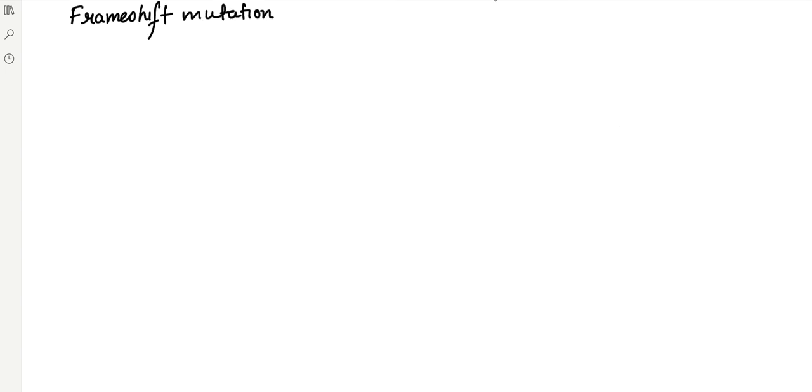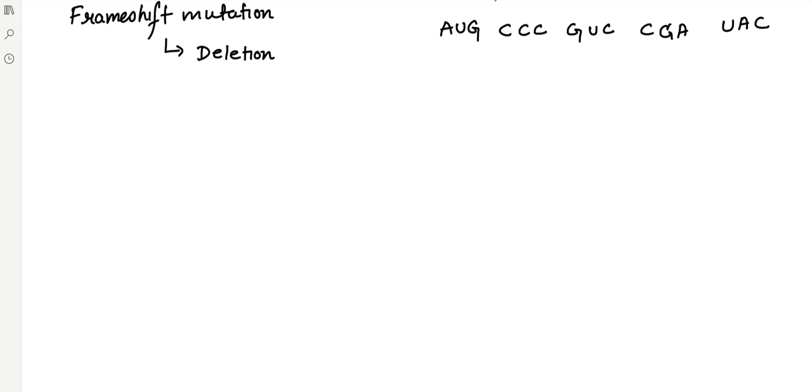Now see, if we are talking about frame shift mutation, हम लोग यहाँ पर क्या देखेंगे कि this can take place by two different methods. One is called deletion, okay, and another thing is called addition. Now talking about deletion and addition, let us write down a sequence, then understand this thing. For example, you have a sequence called AUG, you have CCC, you have GUC, you have CGA, and you have UAC. So this is a sequence, and what we are saying here is, for example, if your guanine is getting